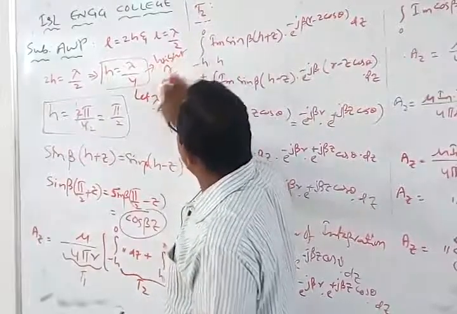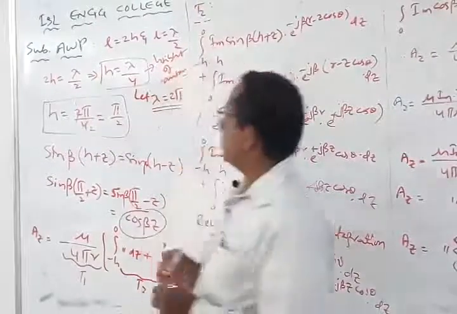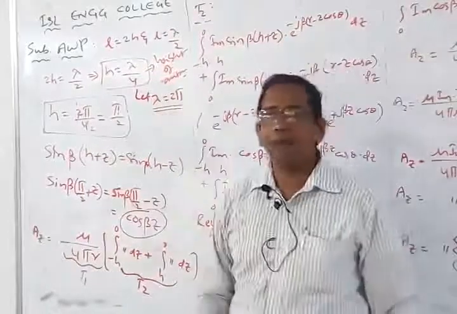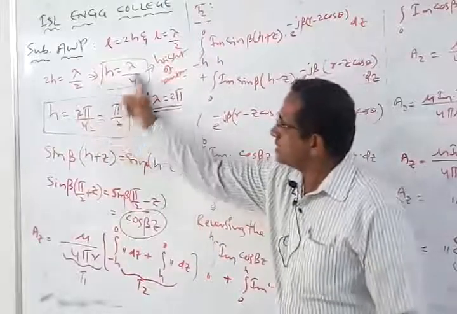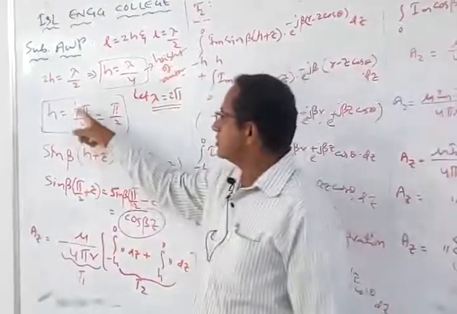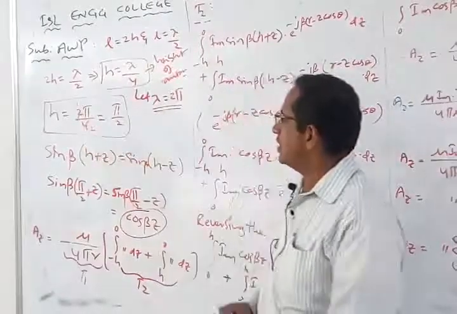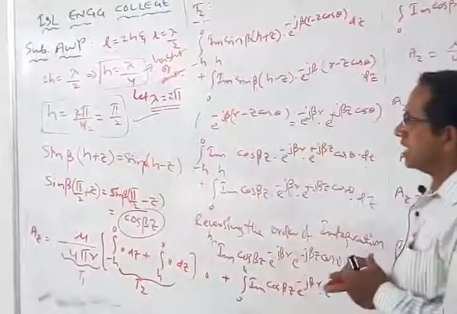So we have a dipole antenna, so we normally have a height of the dipole antenna, right? Now in this, let lambda be equal to 2 pi for solving this equation. Then we get h is equal to 2 pi by 4. Therefore the 2 will cancel, and we get pi by 2. So h becomes equal to pi by 2, which is nothing but the height of the antenna.